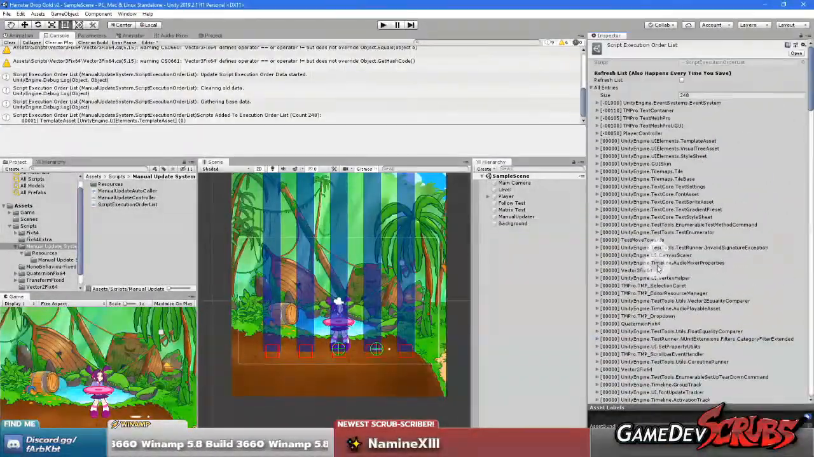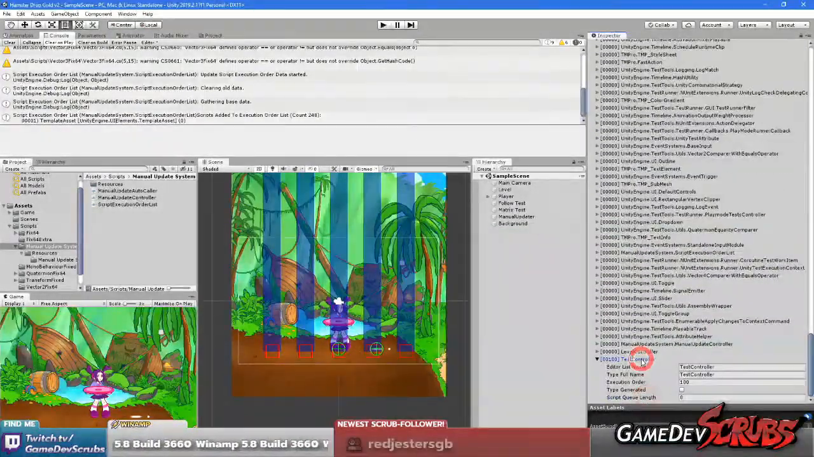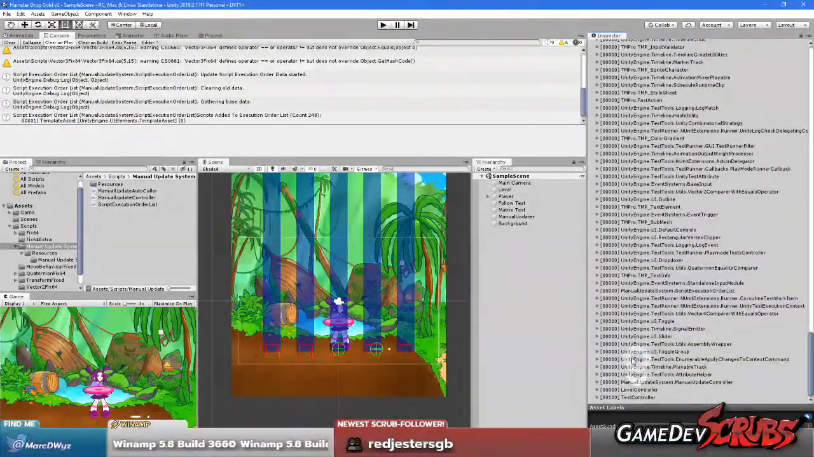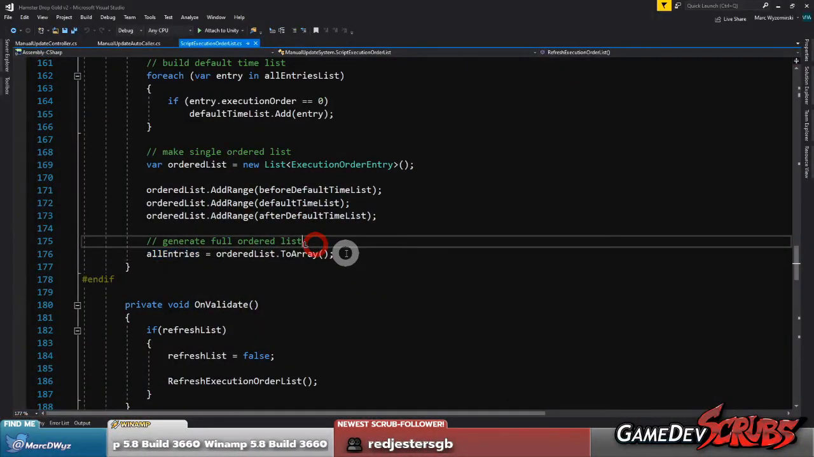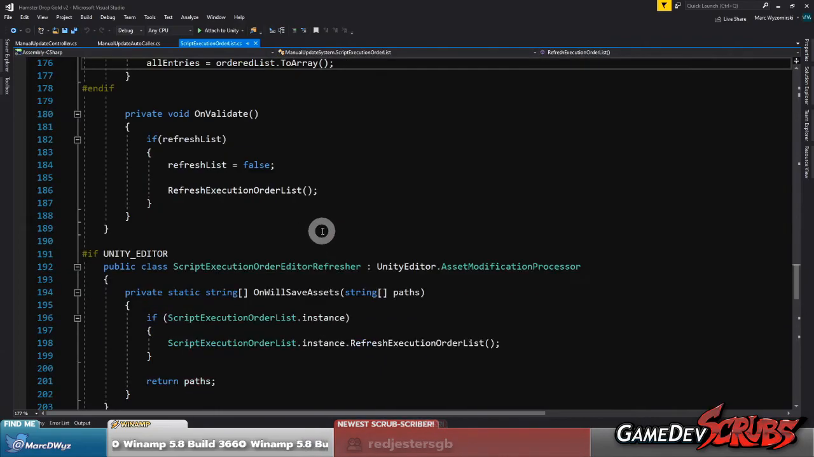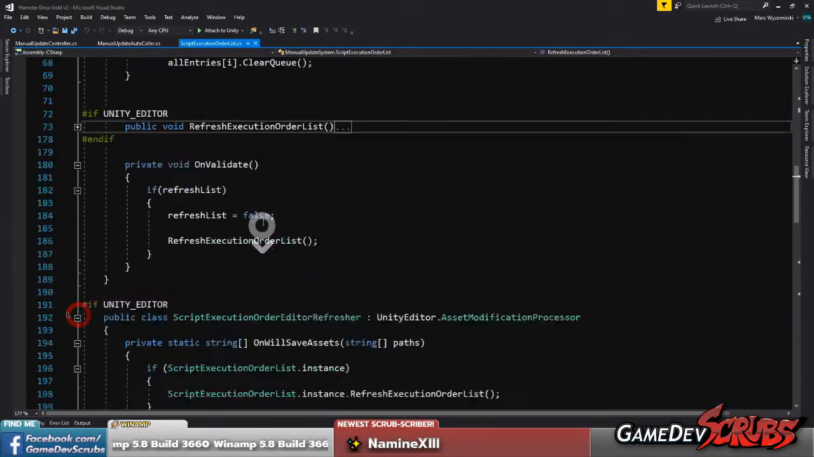So these are in order. So the first element in the array is the first one that needs to run. And the last element in the array is the last one that needs to run. And everything in the middle is strictly ordered the way it needs to be. So, you see where this is going. So in that array, I tell it